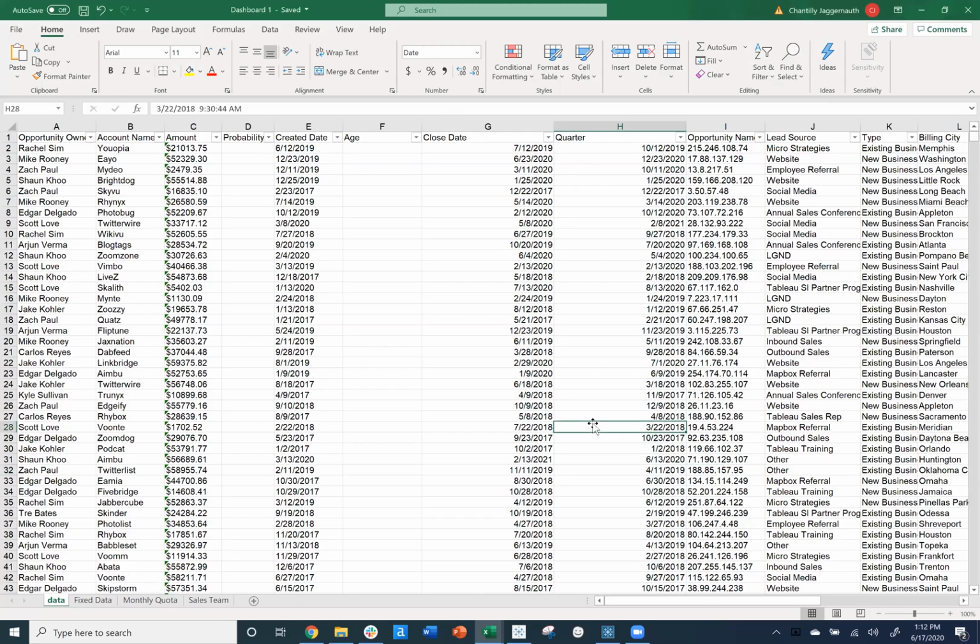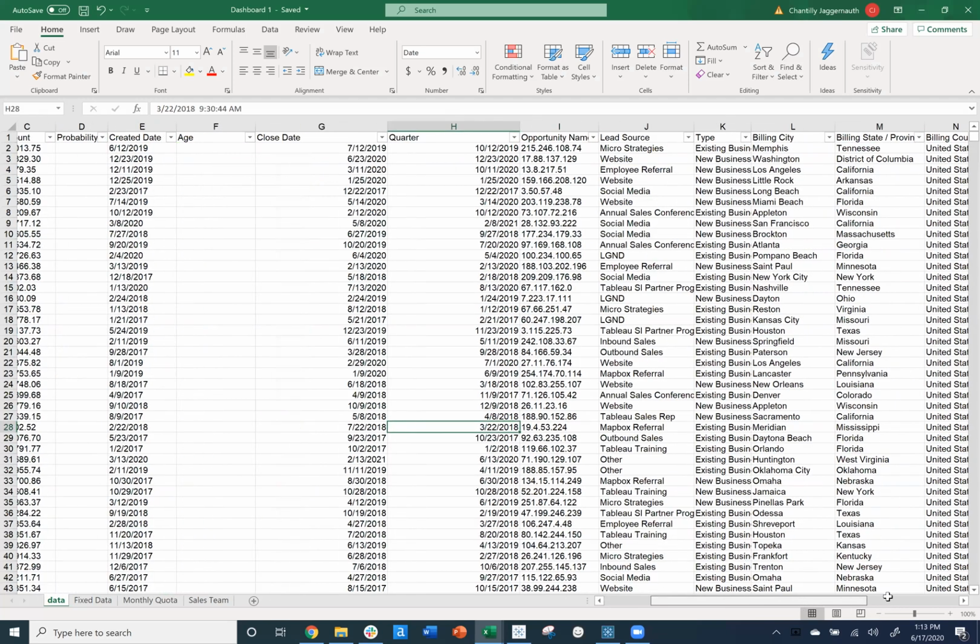Awesome. So for the first use case that we're going to walk through, as Scott mentioned, is the sales dashboard. And pretty much for this dashboard, we like to track our high-level KPI information directly out of Salesforce. So here's a snapshot of what that data looks like behind the scenes. So we have the opportunity name, the account name, the amount for the opportunity, when it was created, when it was closed, the quarter that it's associated with,